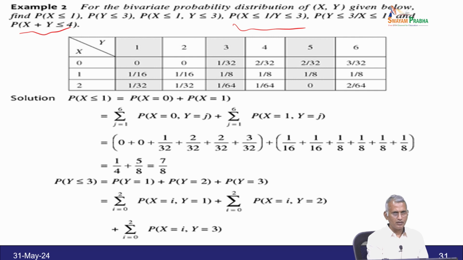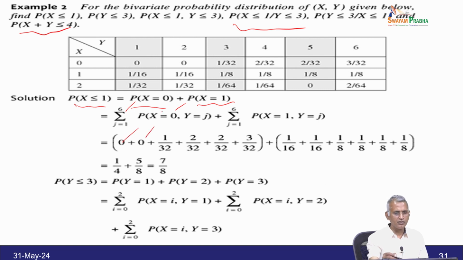Now, you start with probability of x less than or equal to 1, which means x equal to 0 and x equal to 1. The probability of x equal to 0 and x equal to 1 means the sum over j equal to 1 to 6 of probability of x equal to 0 and y equal to j. You start with j equal to 1, therefore (0,1), next (0,2), (0,3), (0,4), (0,5), (0,6). So (0,1) from the table is 0,